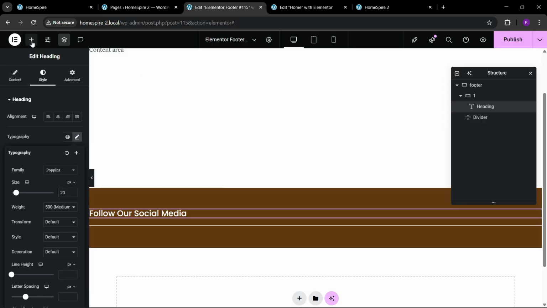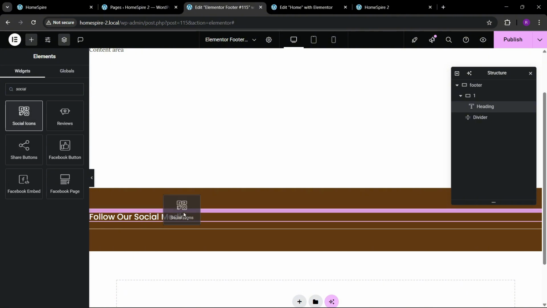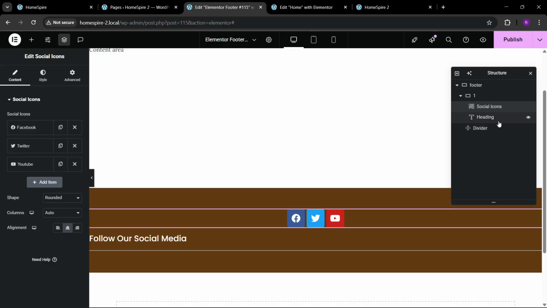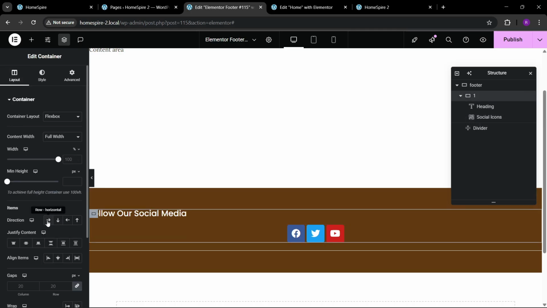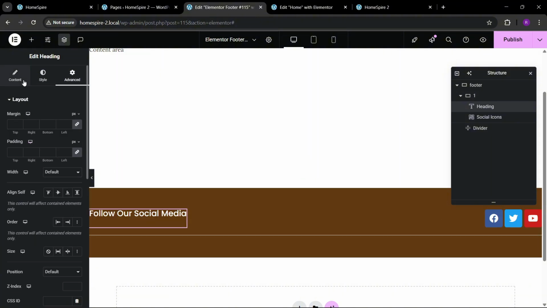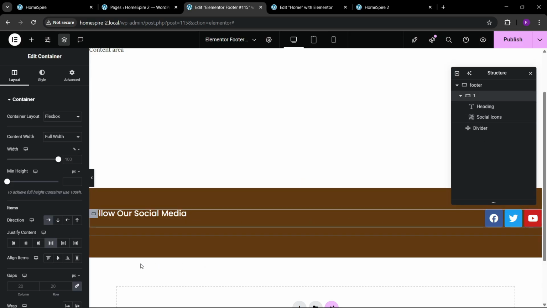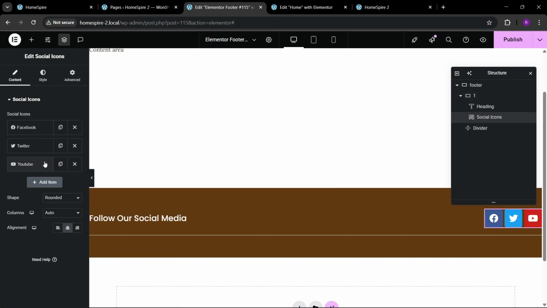So here we have the social icon. Here we can have this social icon. Okay, so here we have this social icon. So we can just go to this. We can make this. Here we can have this like this. Okay, and here also I think we have some padding and all. I don't know, we don't have any padding, so that again it is not coming in the center. Okay, so now in the center. Okay, so here we can make